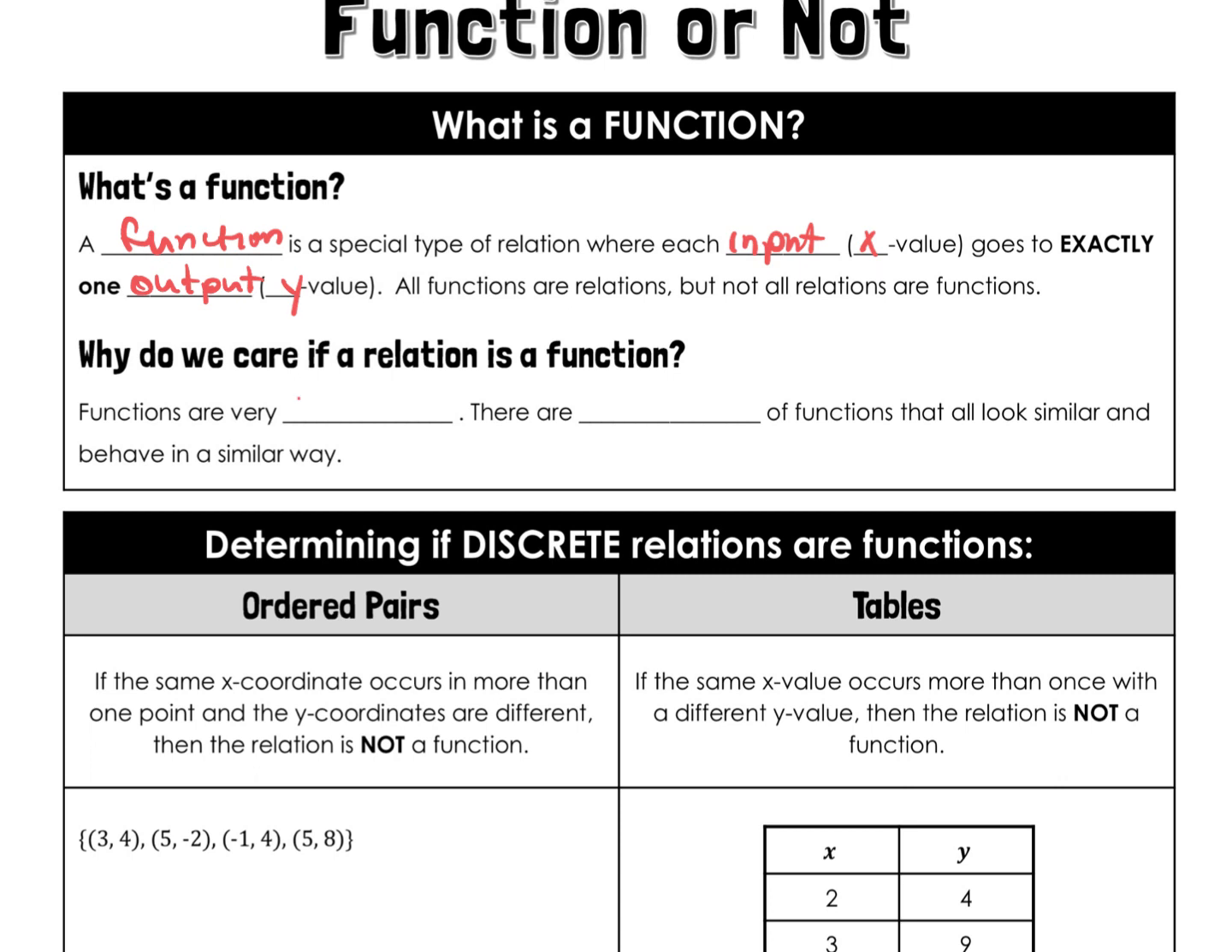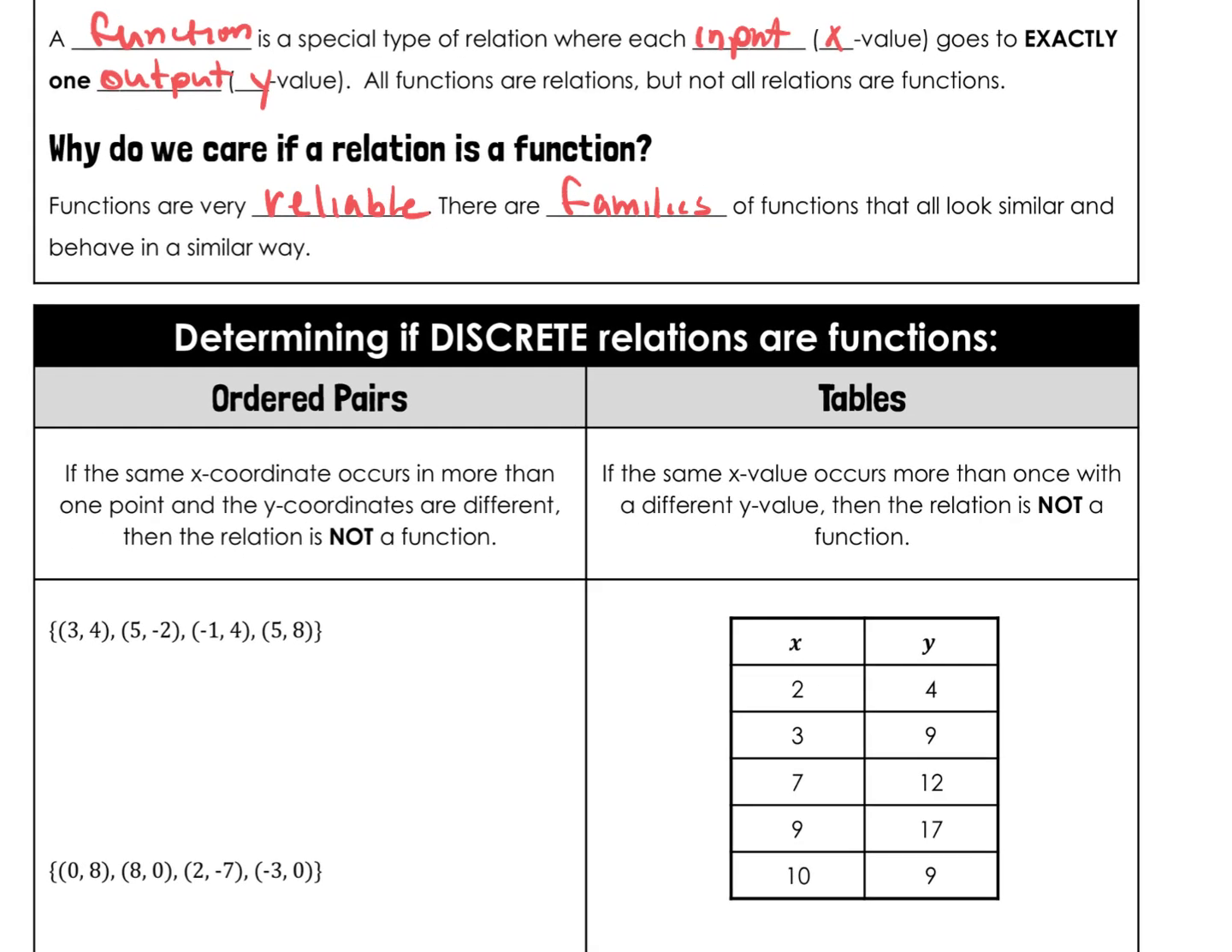Functions are very reliable. There are families of functions that all look similar and behave in a similar way. So, determining if discrete relations are functions. Ordered pairs. If the same x-coordinate occurs in more than one point, and the y coordinates are different, then the relation is not a function. So if you look, the same x's, so this is x and this is y,